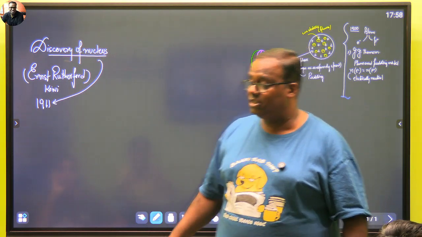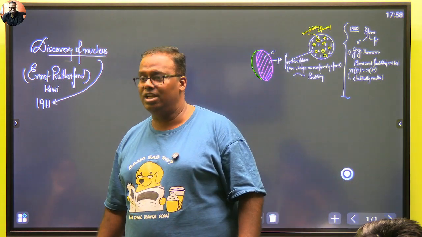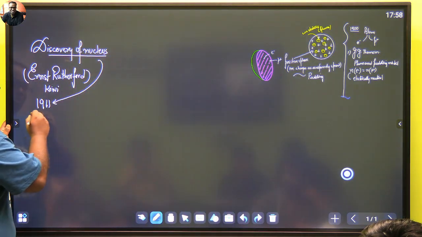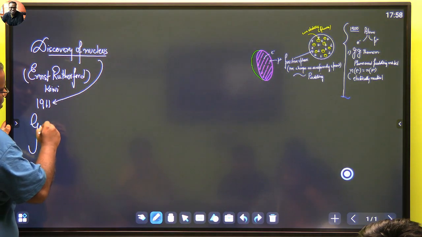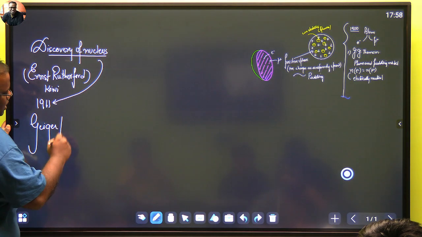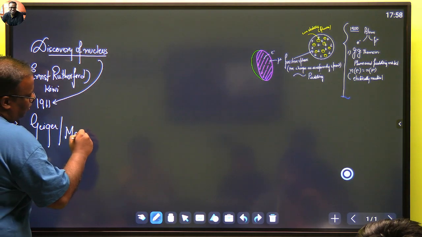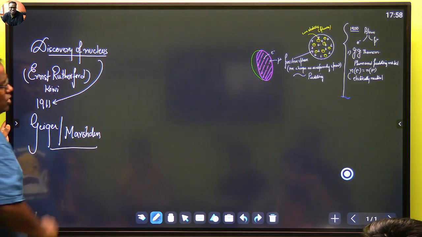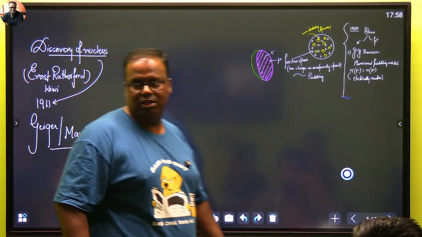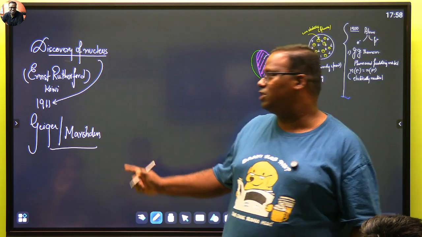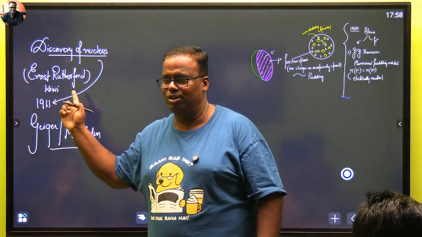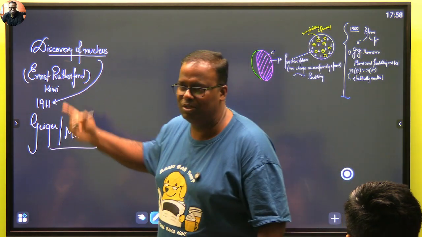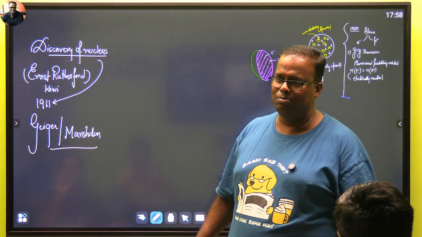So obviously, he must have had a lot of engineers and scientists in those days. There were two scientists in his company. Your books will not tell you this. When you study higher classes, you'll understand. He had two scientists, Geiger and another one, Marsden. These are the two rabbits who actually worked for this whole experiment. Credit is actually in the name of Rutherford, because the patent was applied in the name of the company, Rutherford's radioactive company, and Rutherford.